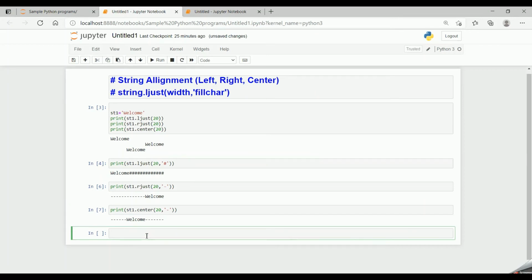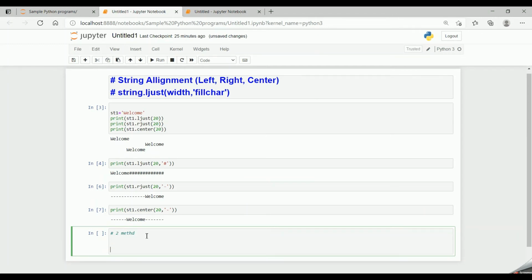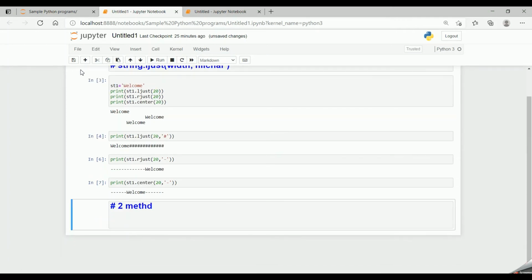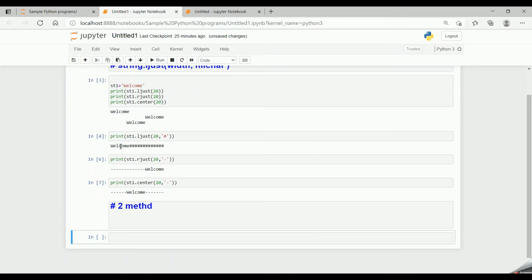There is also a second method in which we can do the alignment. Let's see that particular method. For this I specify print, f, double quote and then braces.